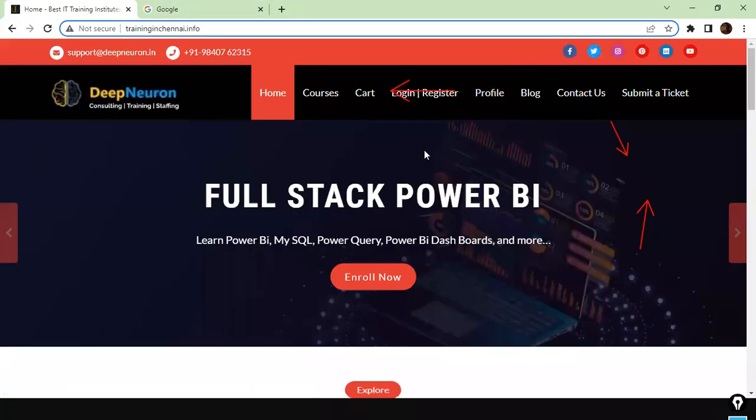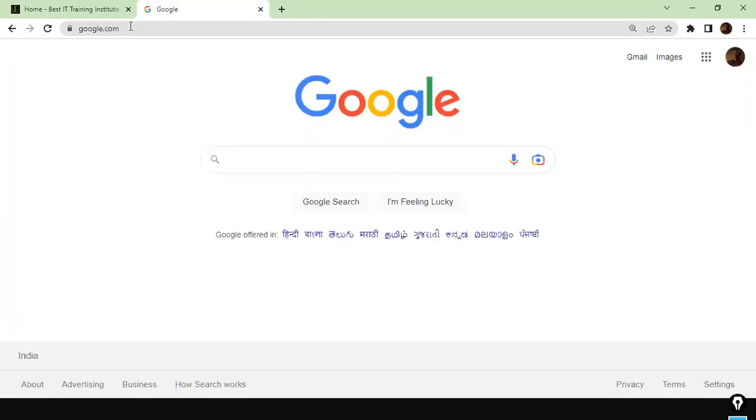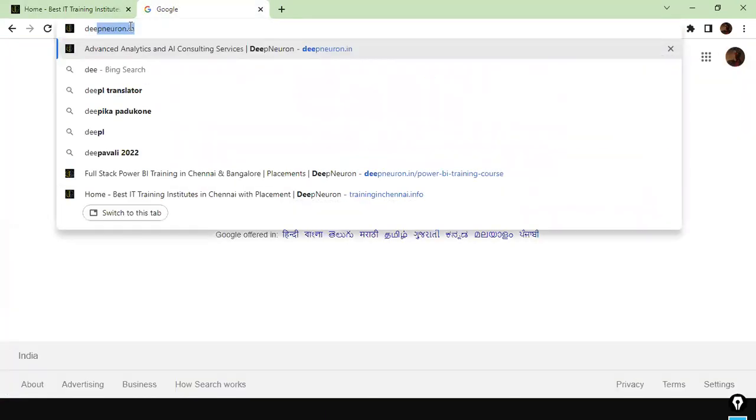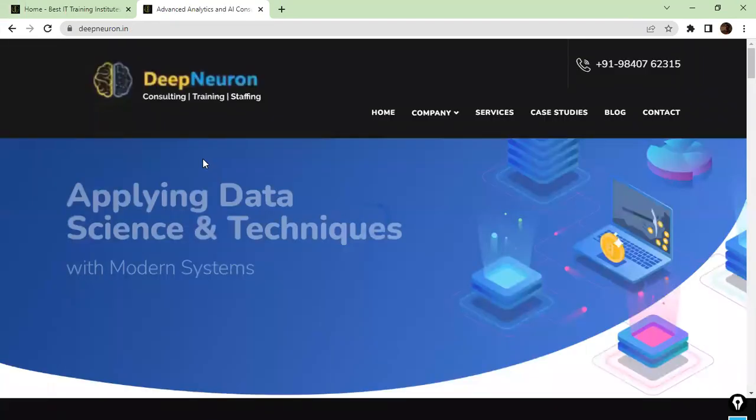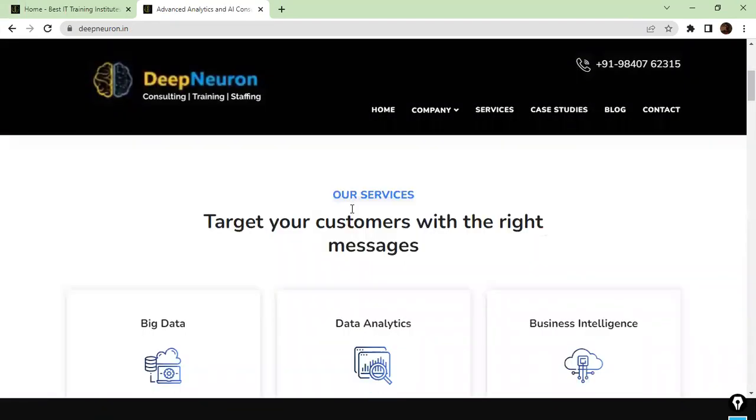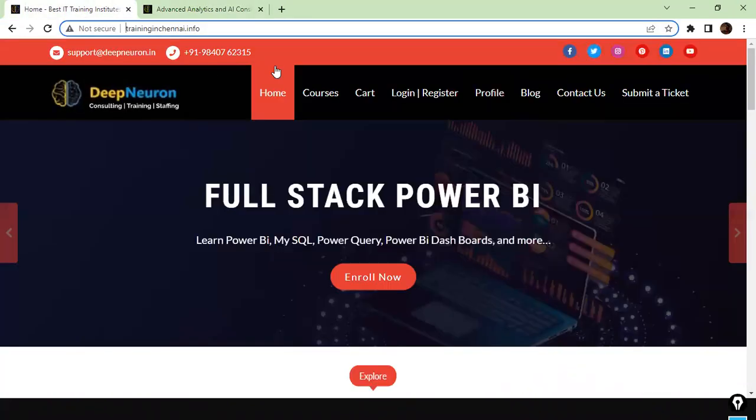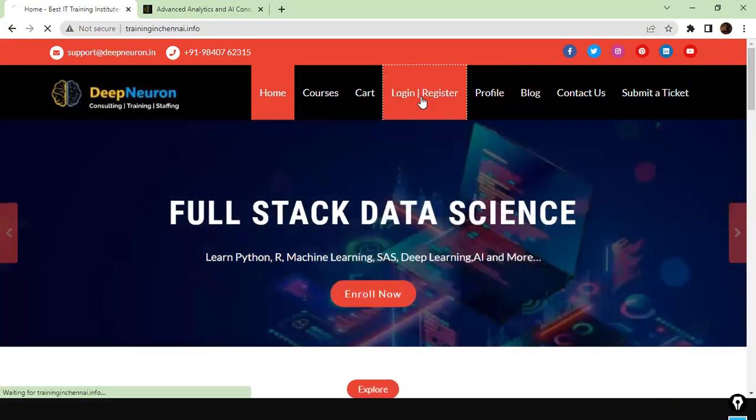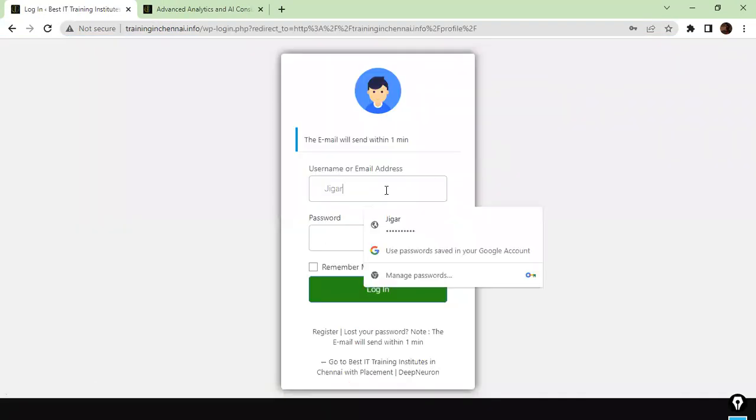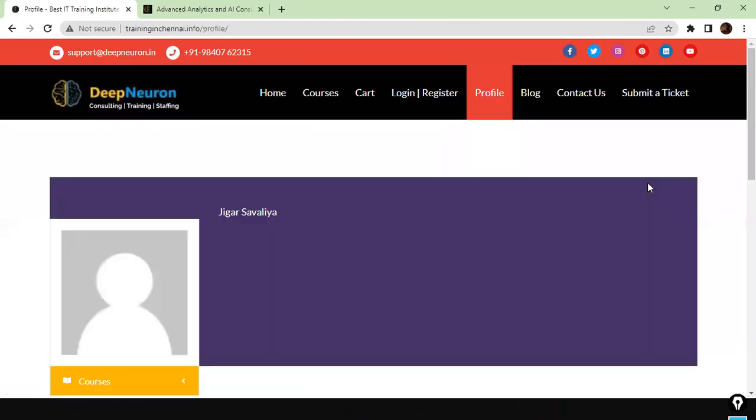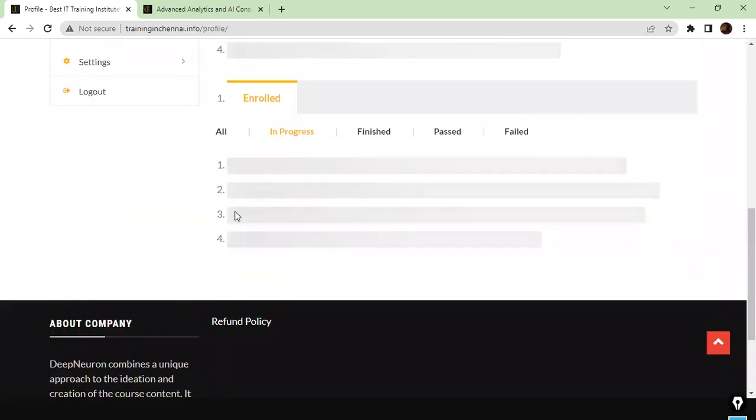This is our website, the LMS site. And we have deepneuron.in, that is our analytics site. We do consulting also. We do some software development also. And this is our LMS, learning management system. You click on the login here, and then you enter the username and the credentials which I shared with you. In this case, I'm using another person's credentials, Jigar. And once you log in here, if you scroll down, you will find the